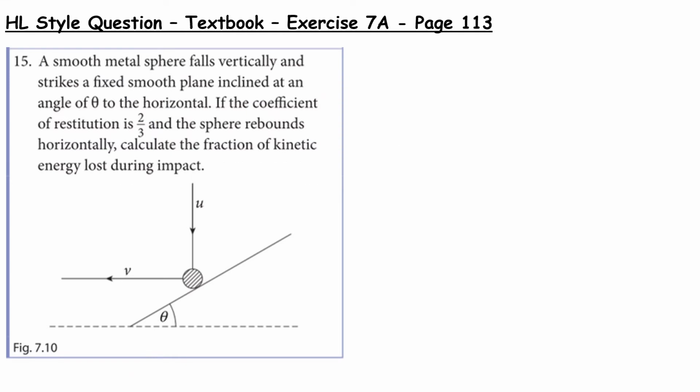Next we're going to look at a book question, and this has come from the Fundamental Applied Mathematics book, edition 2, and it's from chapter 7, so exercise 7a, and it's page 113. So a smooth metal sphere falls vertically and strikes a fixed smooth plane inclined at an angle theta to the horizontal. If the coefficient of restitution is 2/3 and the sphere rebounds horizontally, calculate the fraction of kinetic energy lost